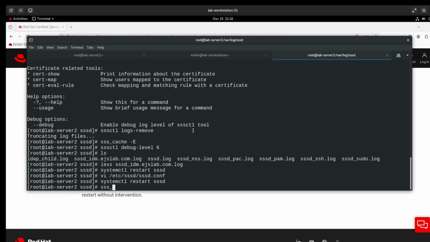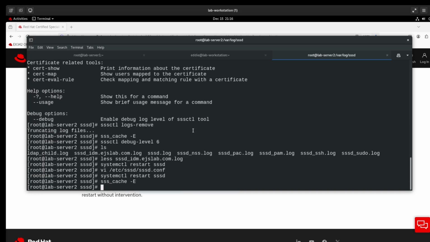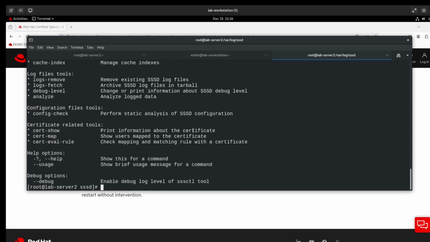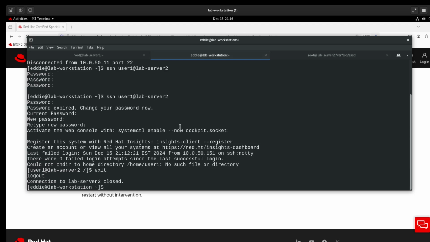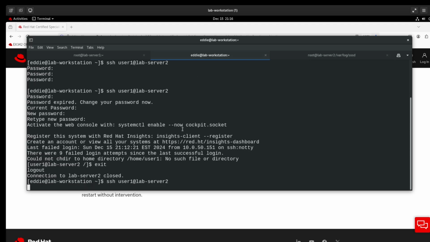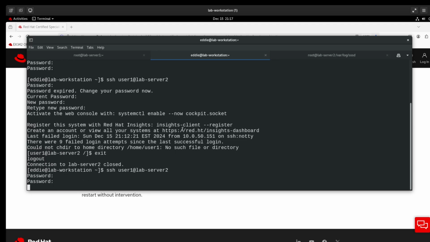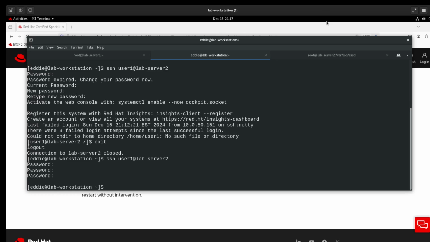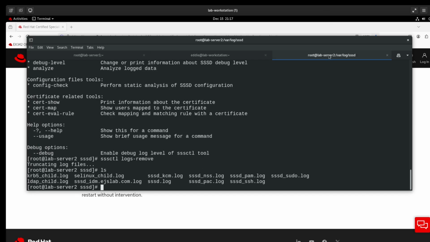All right, and we're going to remove the cache. Logs, plural, remove. All right, and so let's try to log in as user 1 again with our known password, monkey456. All right, so monkey456 is not working, and let us,